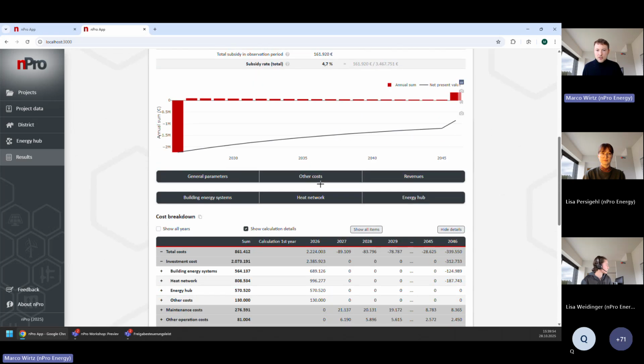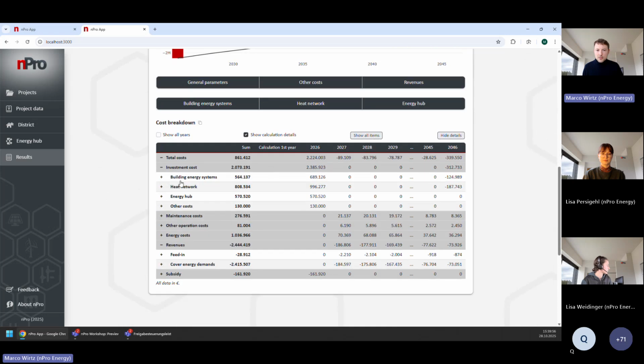And if I go down, we find one more table, and that's actually completely new. So a complete cost breakdown of all the cost shares of the project. In the version before, in the current version, this was more like a collection of different tables, but now you can really see what are the costs of the project, and you can zoom in, so to say, and see what are the shares of the different